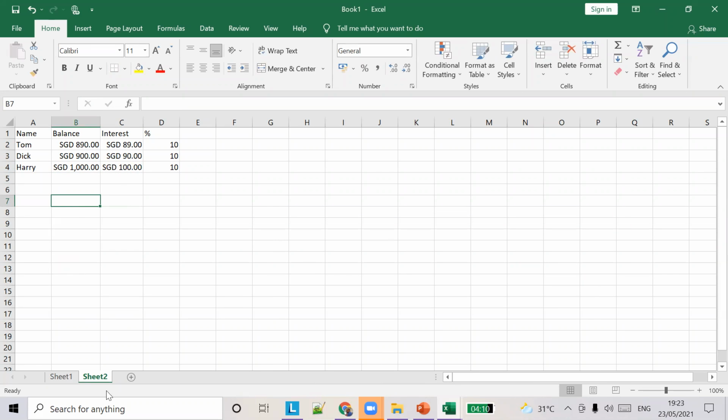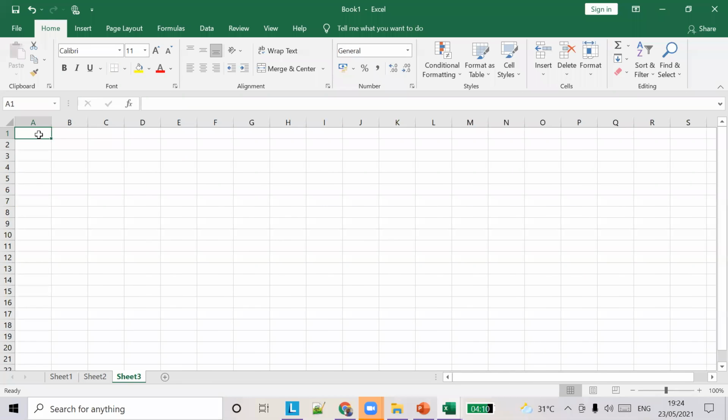Okay, let's move to the next topic. Let's see how to do power values. Let's say 2, 3, 4, 5, 6. Now you have to find the power of this, 2 power 3. What is 2 power 3?